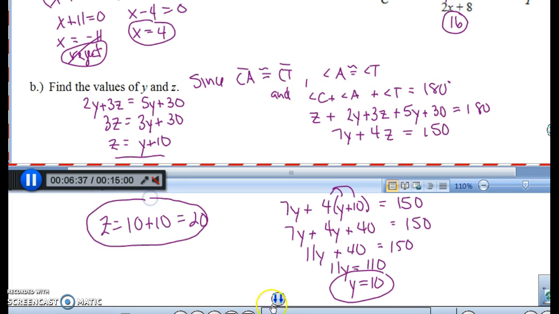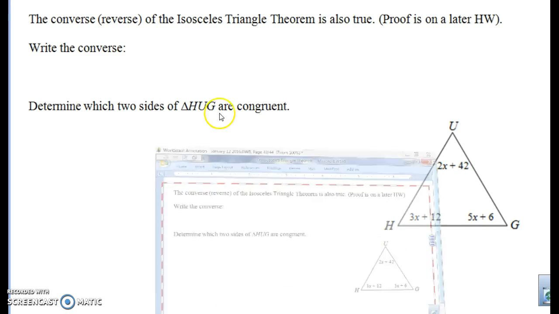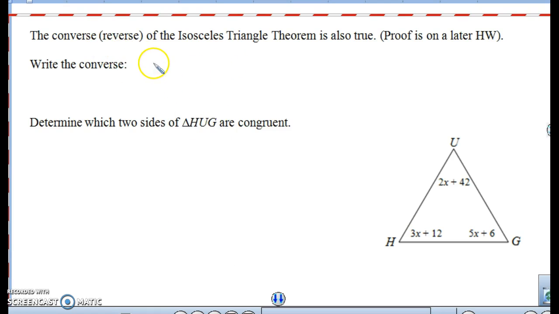So it is very important to know, when you have an isosceles triangle, which sides are congruent and which ones would be the base angles of the triangle. Now the converse of the isosceles triangle theorem is also true. We're going to prove that later in your homework, but the converse is basically the theorem in reverse. So the converse would be: if two angles of a triangle are congruent, the sides opposite them are congruent,